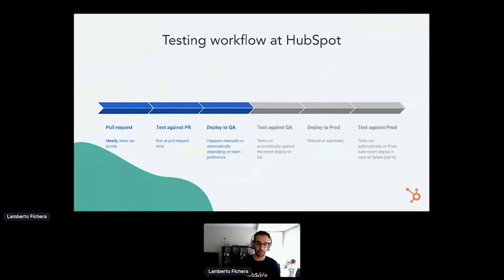We're actually in the process of pushing more and more towards automation and towards making continuous deployment a real thing, and that is an ongoing initiative across the company. But generally speaking, you can distinguish those phases: deploy to QA, test against the QA version of your app, deploy to prod if everything goes right, and then test against prod. So kind of the typical workflow there.